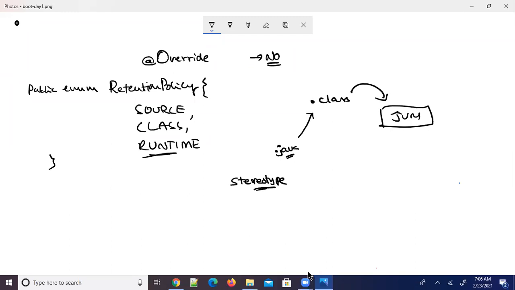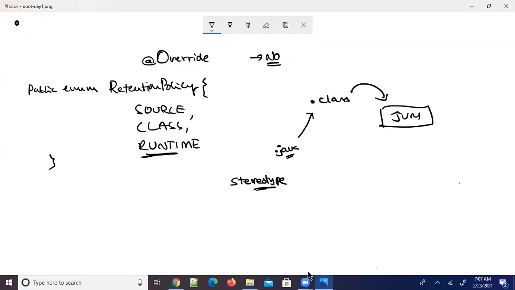Not only the stereotype annotations, almost all the Spring annotations have the retention policy as runtime, which means they are visible within the JVM.